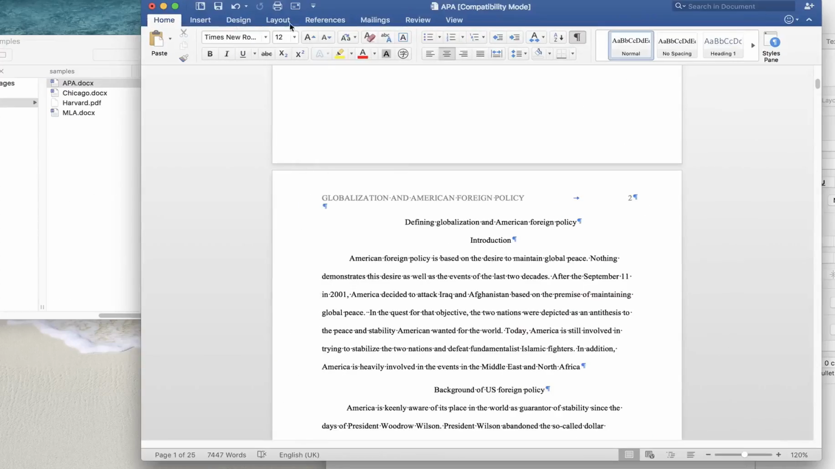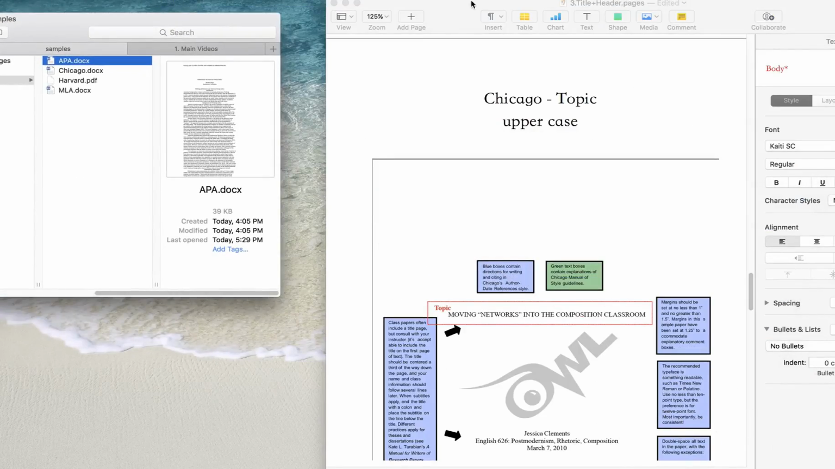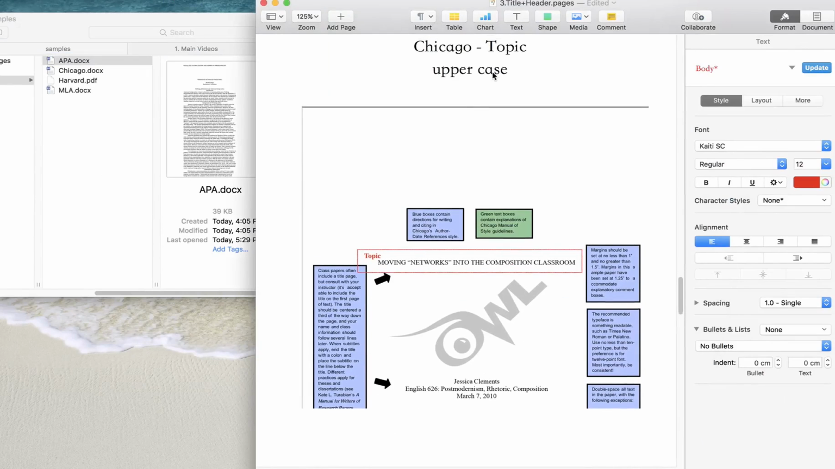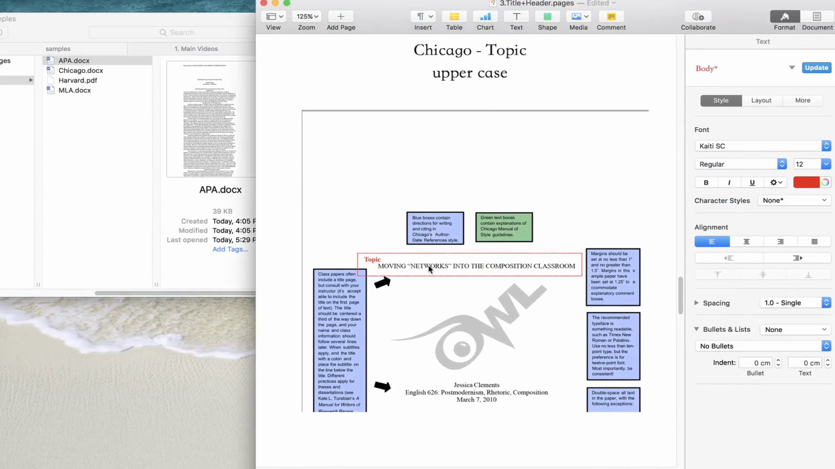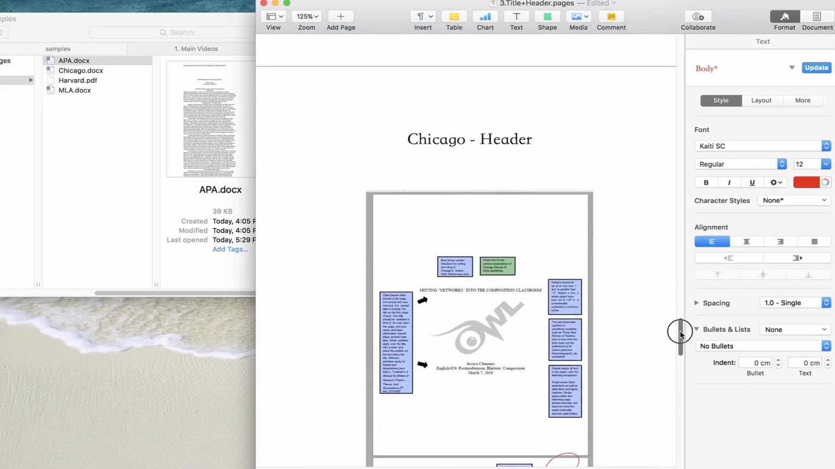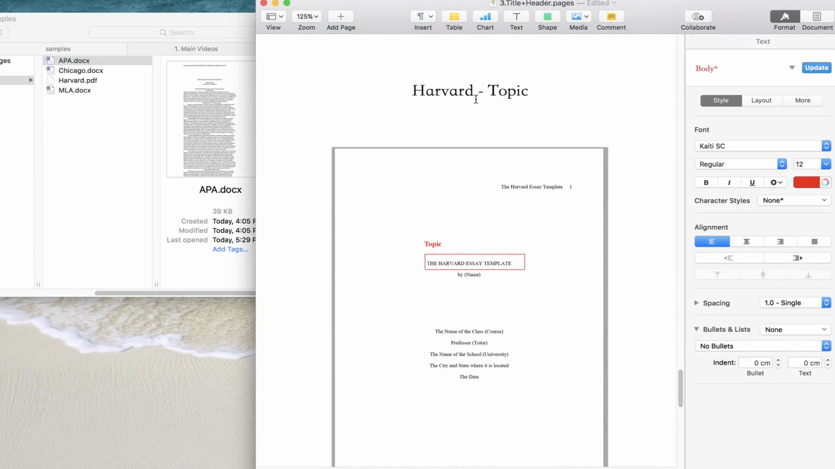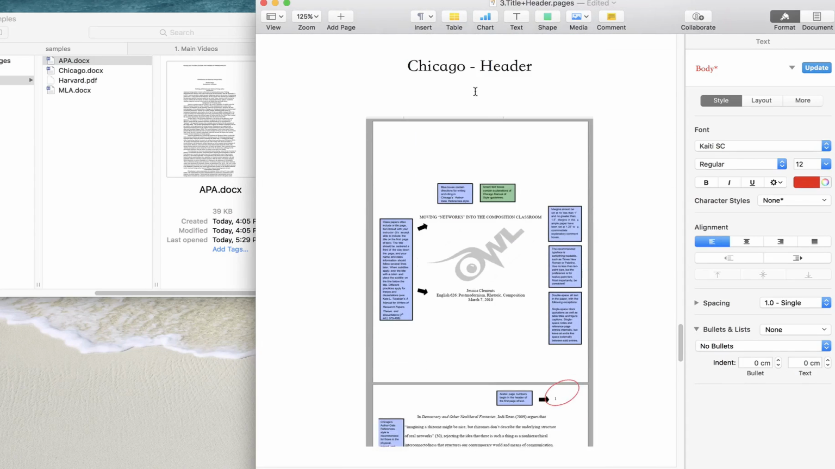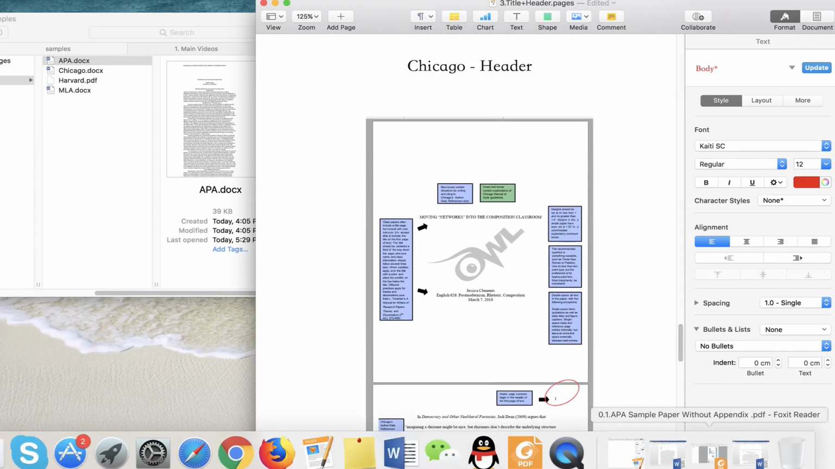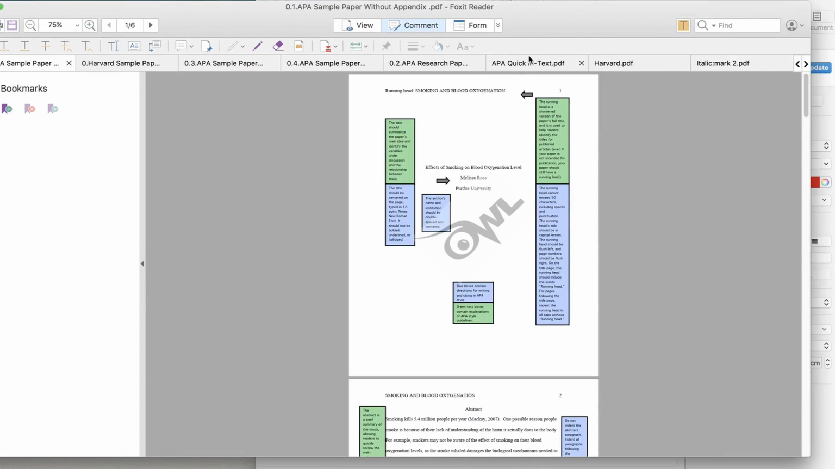What about Chicago? For Chicago topic, as you have noticed, it's easy. You just put uppercase. That's all. For Harvard's topic, you also just put uppercase for your topic. However, for the header, it's quite different. If we look at one Chicago style paper,